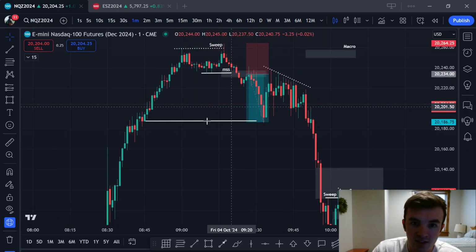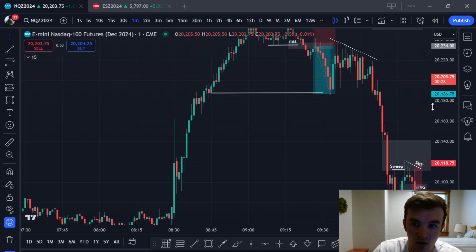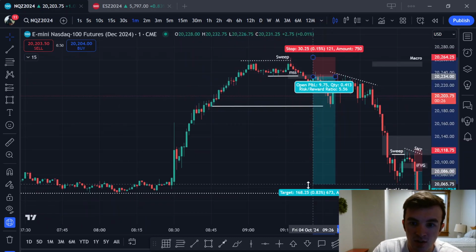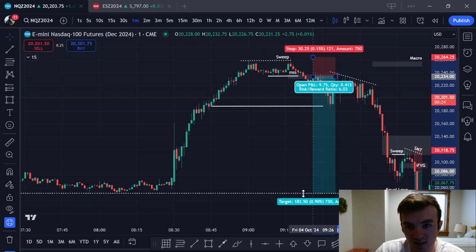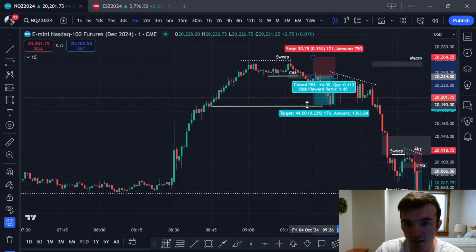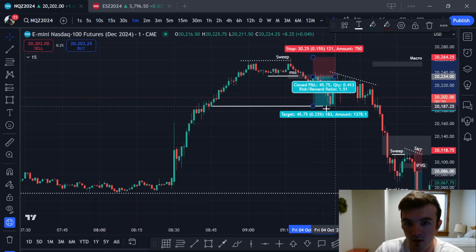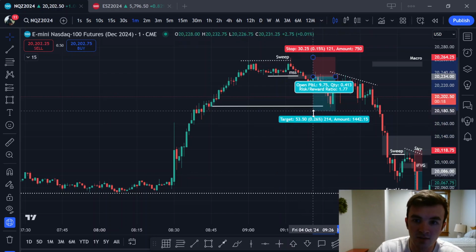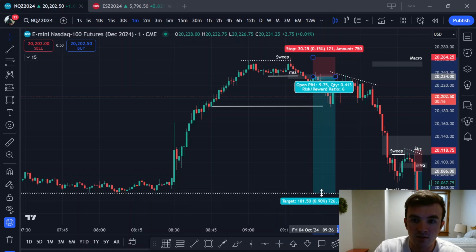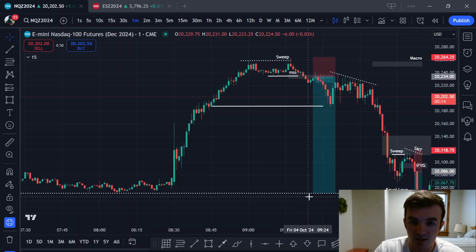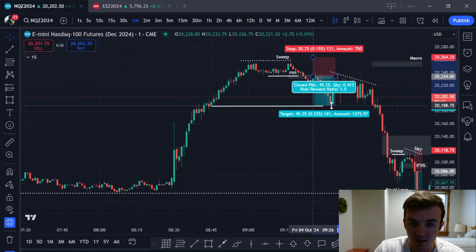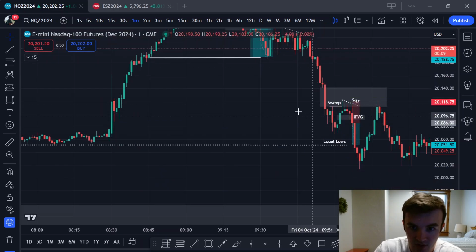But you can see that if you took this trade and you took it all the way down to the equal lows, you would have gotten a 6.03 risk to reward. Now, I would have taken most off here, but if you wanted to leave runners, you could have definitely left runners, but you probably would have got stopped out at break even. So in reality, I would have taken off all here. So let me show you how you could have taken this trade.